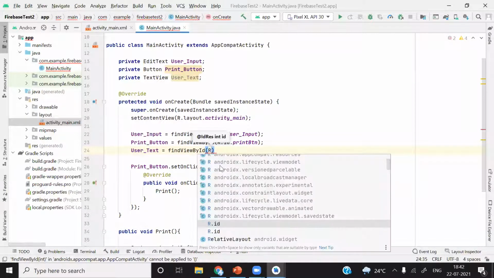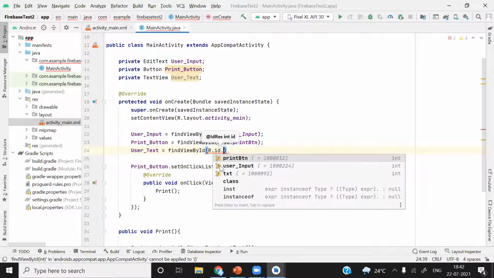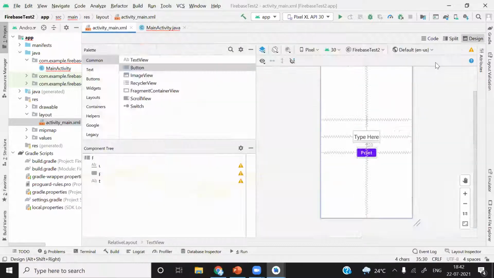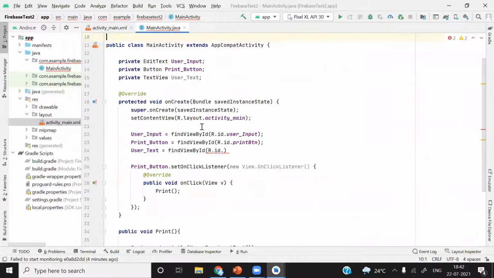Type R, capital R, dot id dot txt, the id of this text view, which is txt. You can see here. After that, just simply give a similar cast.